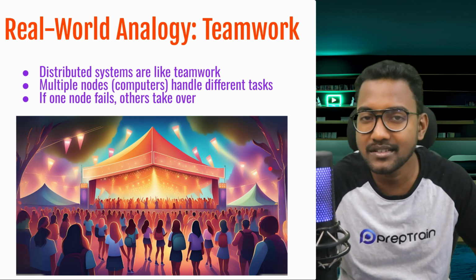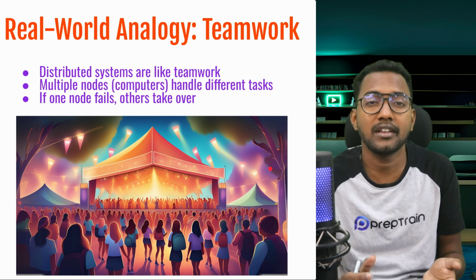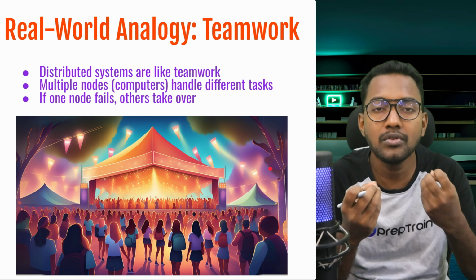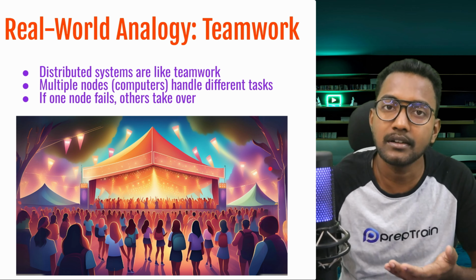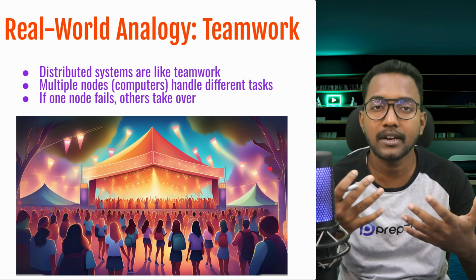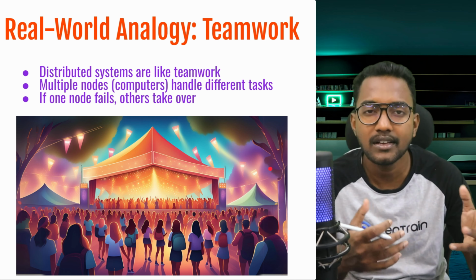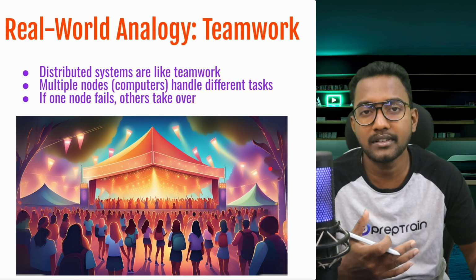So setting up the stage, managing the budget, coordinating with vendors, and handling logistics. What do you do? You basically form a team. Each person in the team is responsible for a specific task. One person can handle the budget, another can take care of logistics, someone else can work with vendors, and